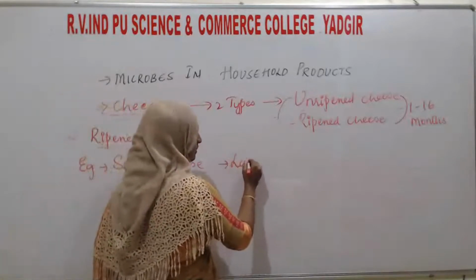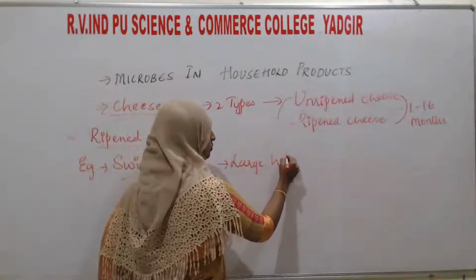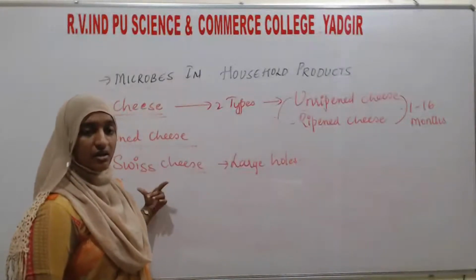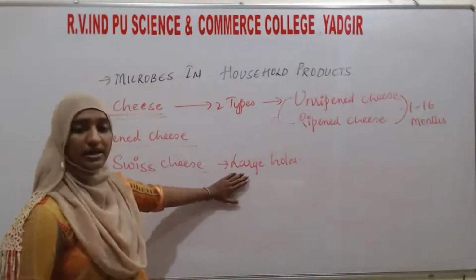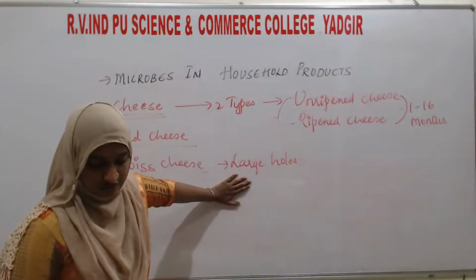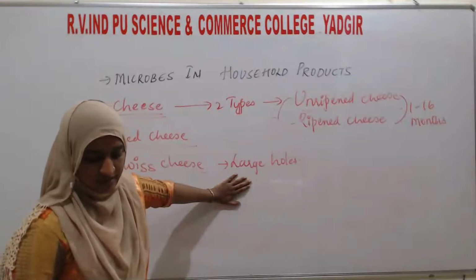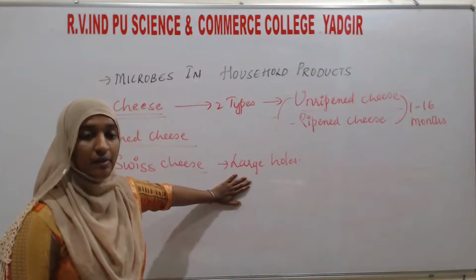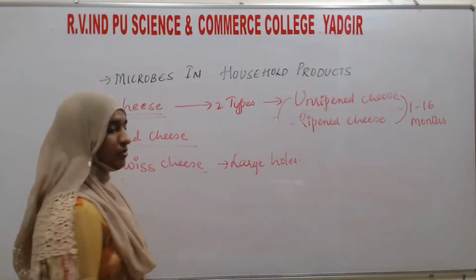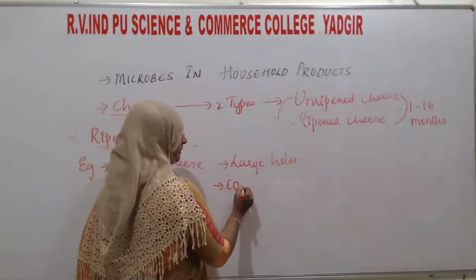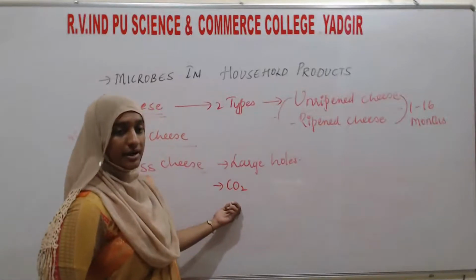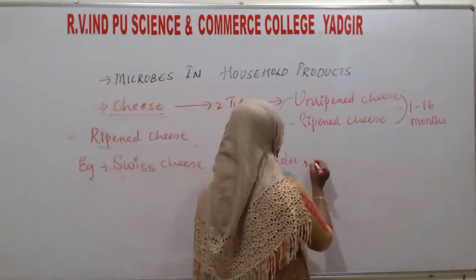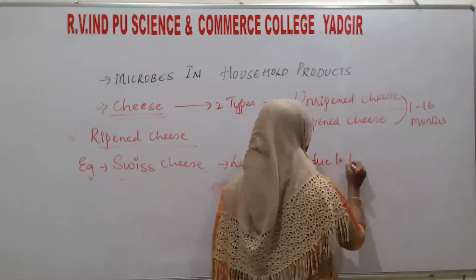Why are these large holes obtained in the Swiss cheese, one of the ripened cheeses? That is due to the presence of certain carbon dioxide producing bacteria. Why are there large holes? Due to the production of